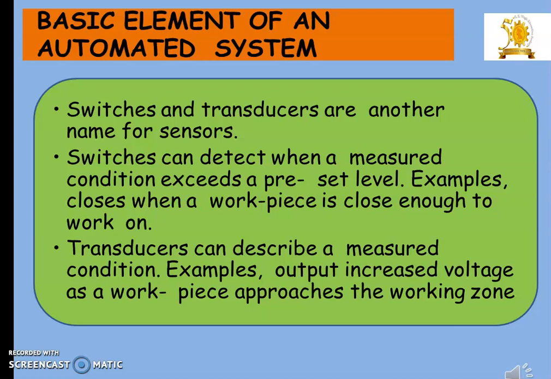Transducers can describe a measured condition. Examples, output increased voltage as a workpiece approaches the working zone. These are the three components of the automation system you can